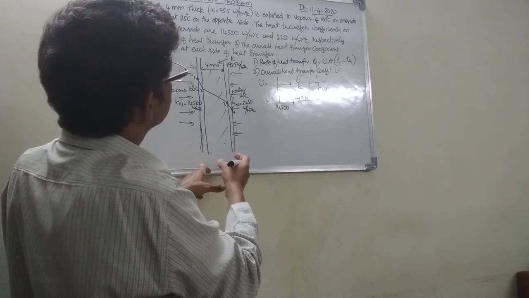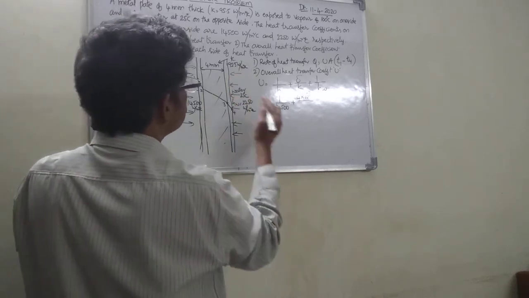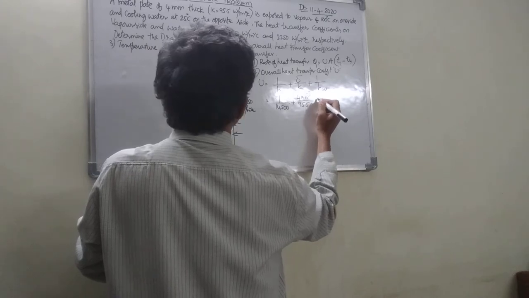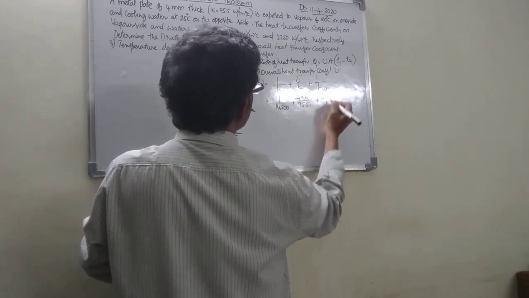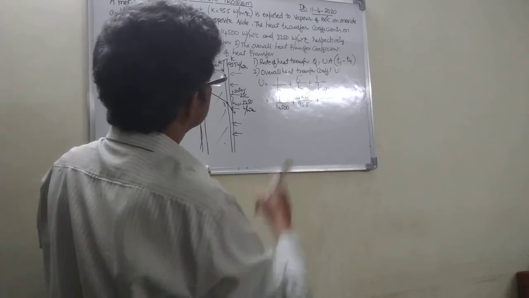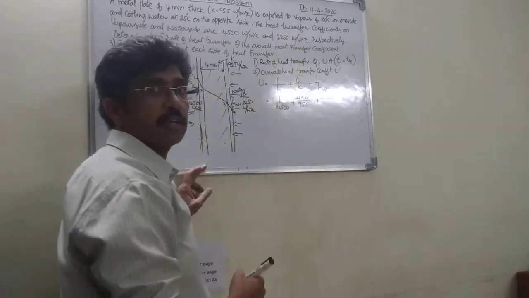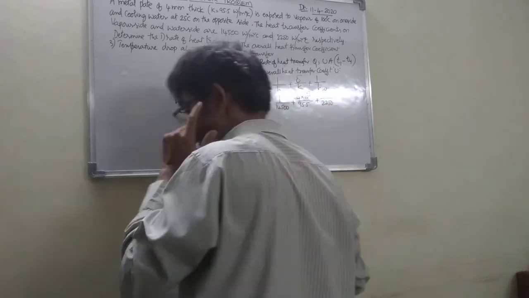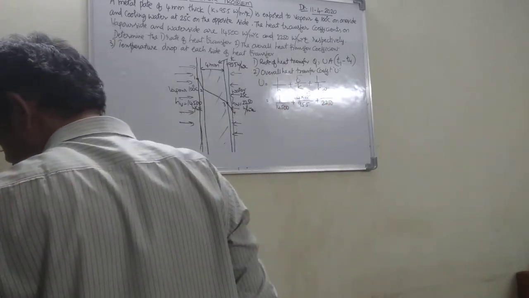That is the thermal conductivity. So K is given as 95.5 watts per meter square degree Kelvin, plus 1 by HW, that is the heat transfer coefficient of water, that is 2250. So if you take up these things, the U will be coming to around